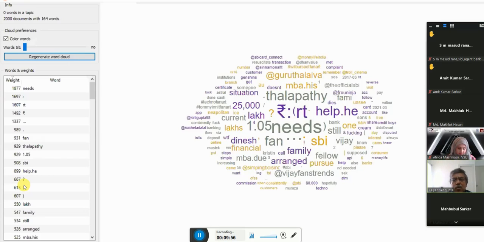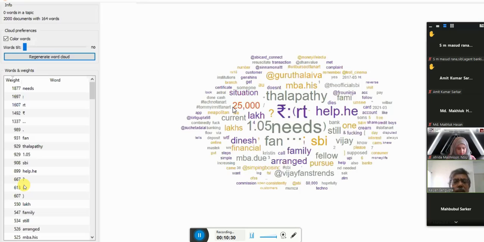Now you can see, you know what a word cloud is? A word cloud is basically the high frequency words, the frequency of the words are coming there. I could have got rid of the numerals through my editing, but anyway, let's forget about that. You see, for the SBI, I can see some of the people are talking about the complaint, okay, connect. They are talking about something called situation.